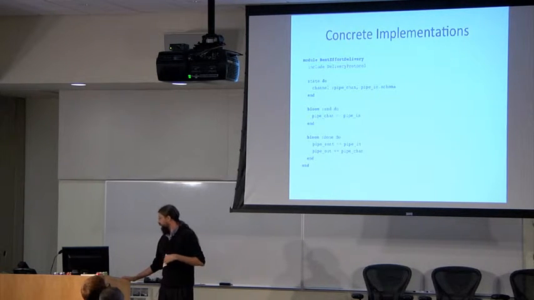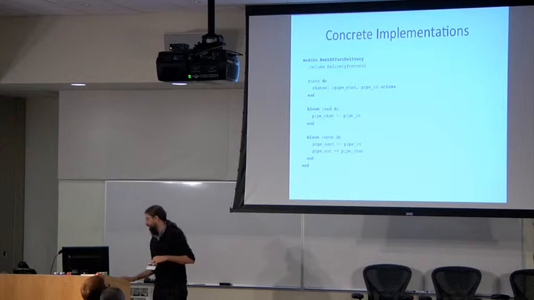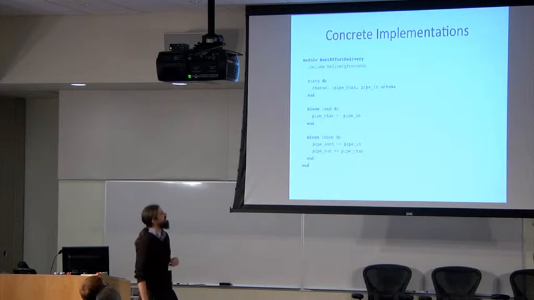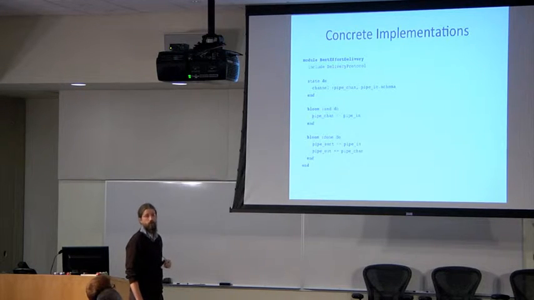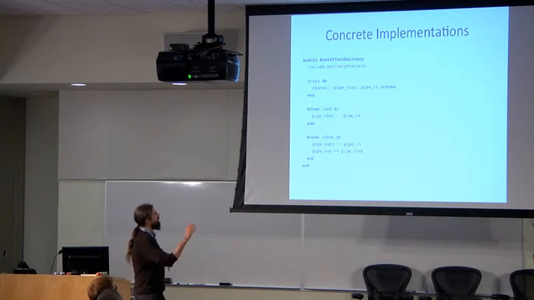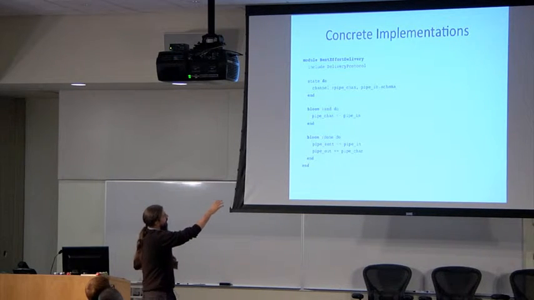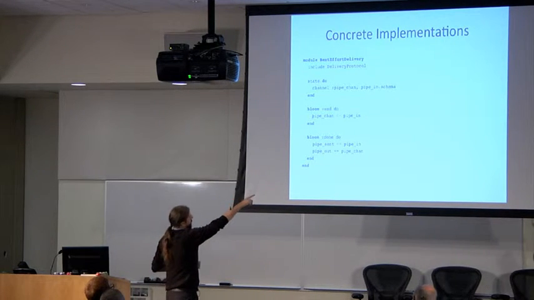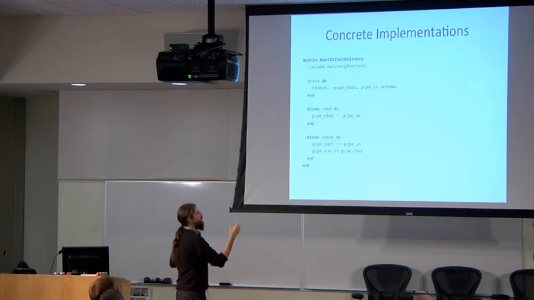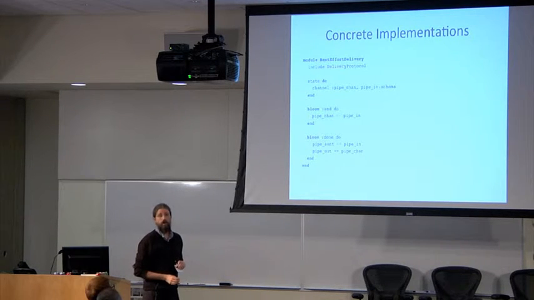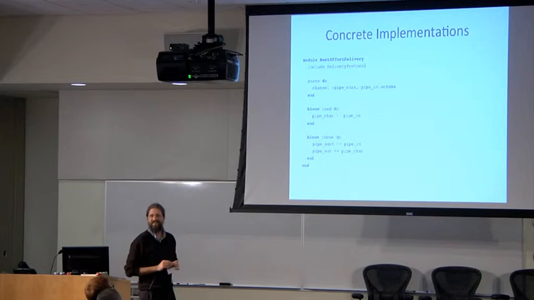And here is a concrete implementation of that protocol. We include the interface. We define a piece of private state, a channel collection called pipe-chan. And we say, when a tuple comes into pipe-in, send it. Now look at the last rule, when a tuple appears on pipe-chan, report it at the receiver endpoint. And because this is a best effort delivery, we're just going to declare victory. As soon as we try to send the tuple, we say that we succeeded in sending it.